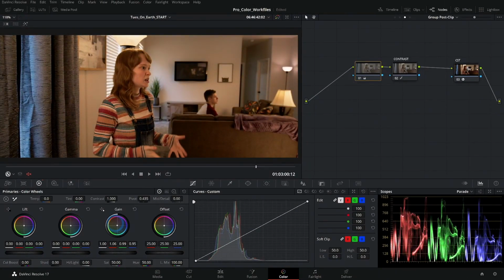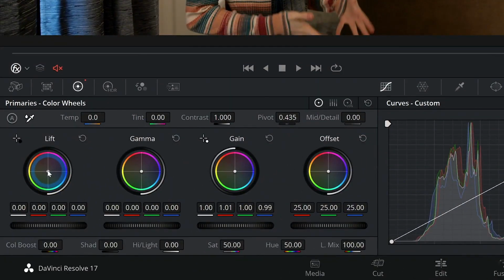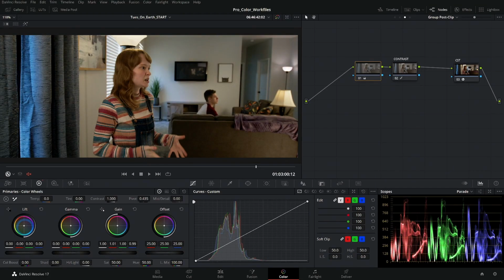Now, it's really easy to overdo this. You don't want something that looks like this. This is too far. But you can take this just a little warm, and it subtly just gives a little warm tone across the entire image. Now we can take our lift and push that a little bit cooler, just ever so slightly, like barely anything. And now you can barely even notice it,